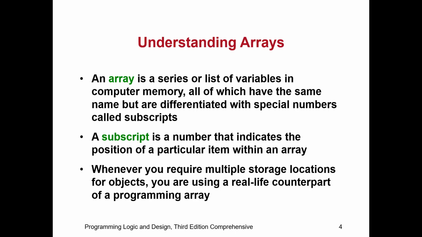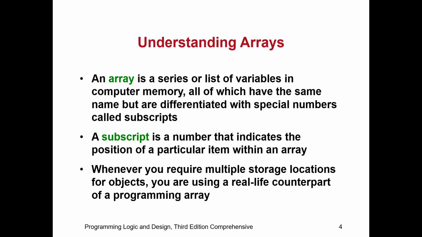So, what is an array? An array is a series or a list of variables in a computer memory, all of which have the same name but are differentiated with special numbers called the subscripts. What is a subscript? A subscript is a number that indicates the position of a particular item within an array. So, when you talk about the subscript,